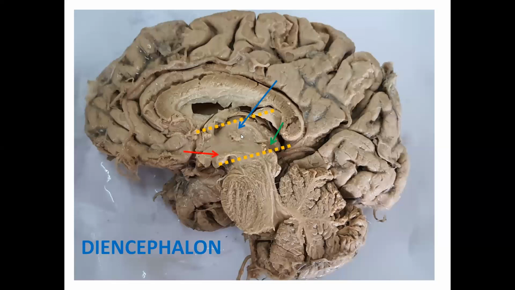So what is the function of thalamus? As we have seen, it is the final relay station for all the sensory impulses, for all your sensory tracts. Hypothalamus is considered to be the head ganglion for your autonomic nervous system. Metathalamus, the geniculate bodies: medial geniculate bodies are related to the auditory pathway, lateral geniculate bodies related to the visual pathway. So they are concerned with hearing and vision.